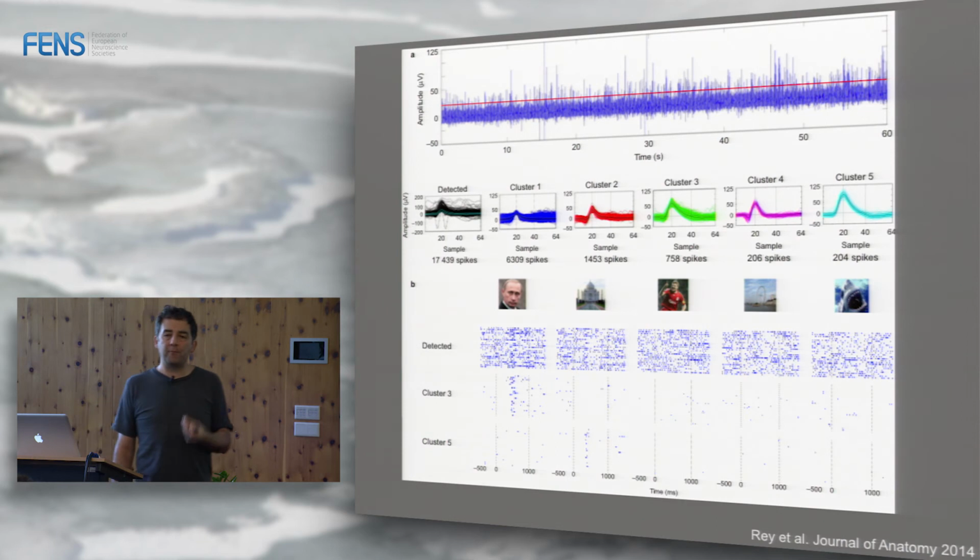Now, what's the problem? The problem is a mathematical problem, so that's a technical session. The mathematical problem is that this neuron fired 200 spikes, 204 spikes, in about half an hour of recording, whereas the multi-unit has 6,300 spikes, or this one fired 1,400 spikes. So a very tiny fraction of the spikes that you see here correspond to this neuron. Very, very tiny fraction. So it's very easy to miss this neuron,